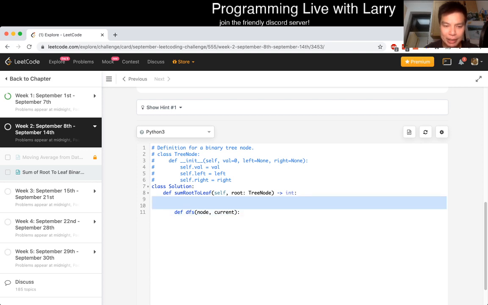And I think the trickiest part is just taking care of the bookkeeping, as I would like to call it, meaning that you just have to keep track of things and make sure that what you're saying is true. If node is none, then we just return 0. And then now we check if a node is a leaf. If node dot